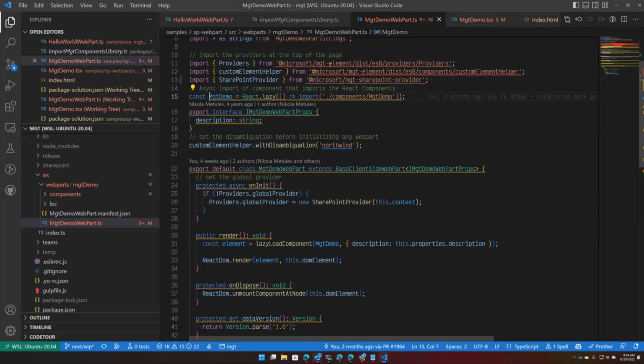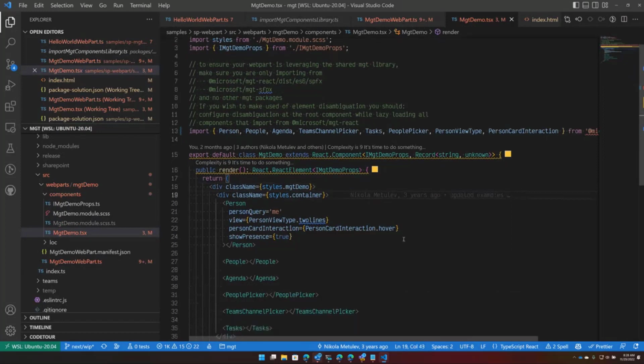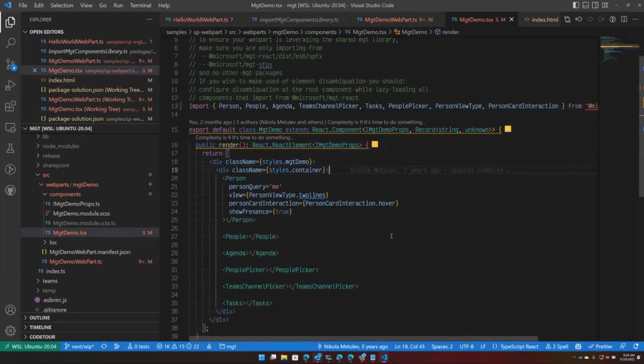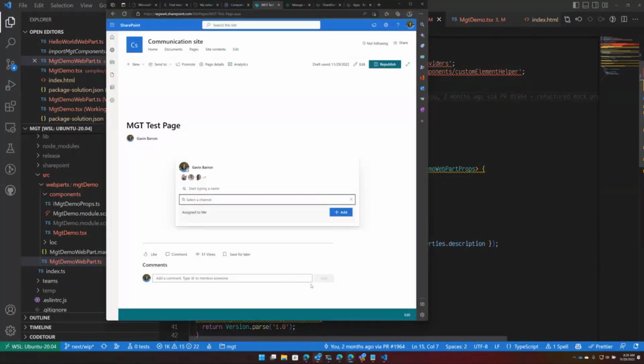In this MGT demo, you can see this is the place where we actually have our MGT components, and they live there. We need to make sure that we lazy load this. So this makes use of React Suspense in the background to cleanly load these things and ensure that we don't get naming conflicts. To give you a sense of what that looks like in use,